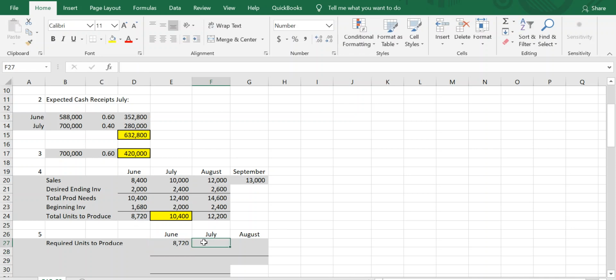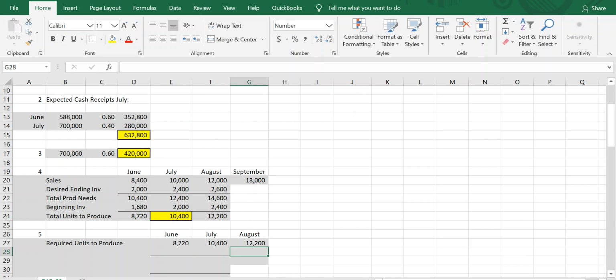Our units required to produce for July are 10,400 coming from here. And our required units to produce for August are 12,200 coming from up here. Okay, so basically what we're going to do then